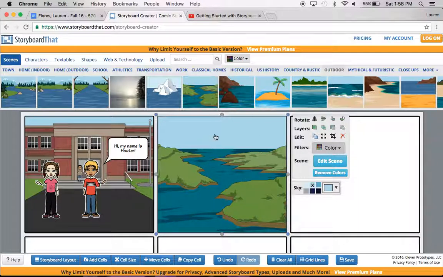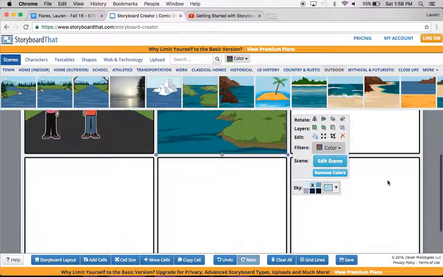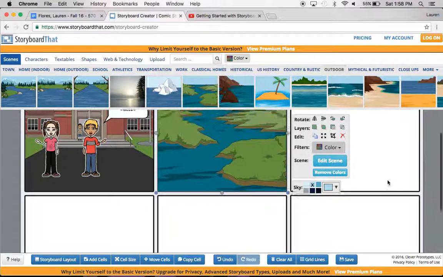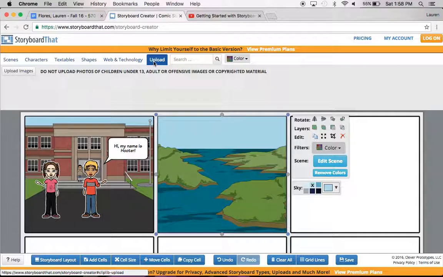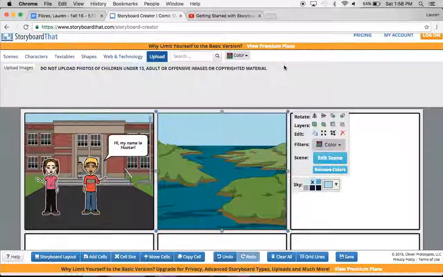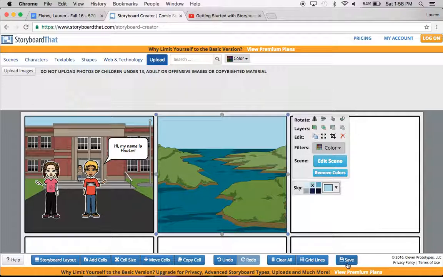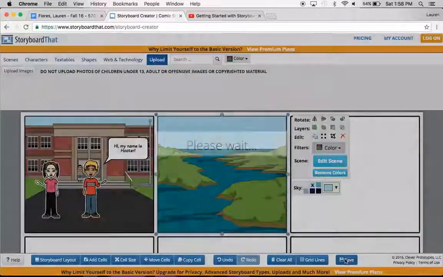So please make sure that you have fun with this, you get creative, and remember you do need 6 parts to your storyboard. When you are done though, you will click on upload. Oh, sorry, this is where you upload images, so if we had any additional things, you would do that. So when you are done, I apologize, it is pressing on save. You click on save,